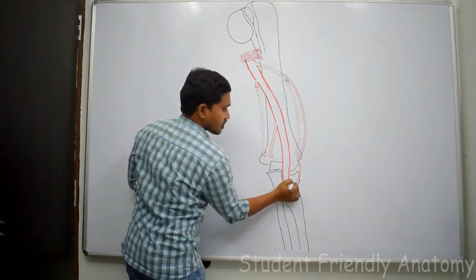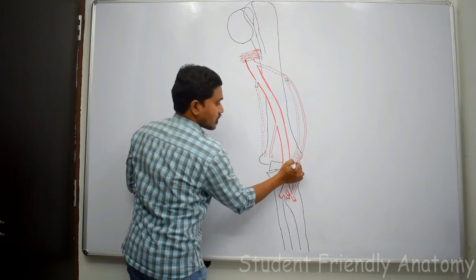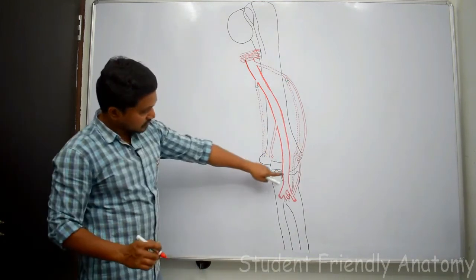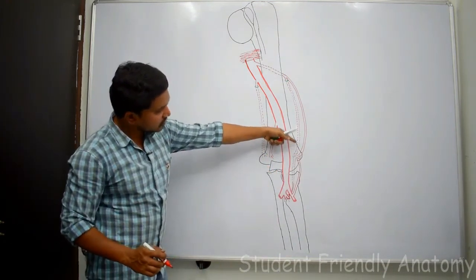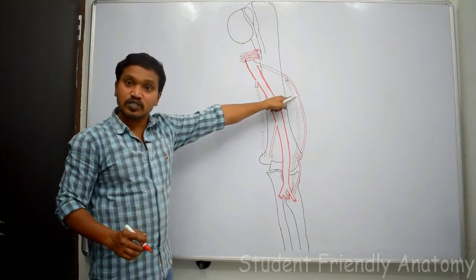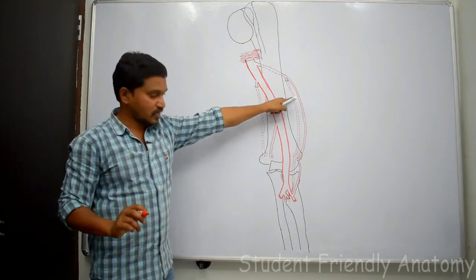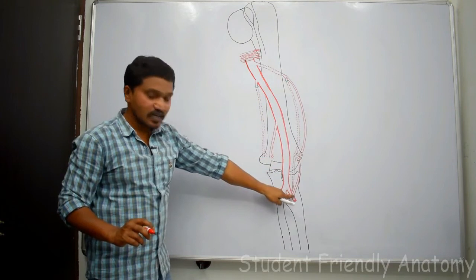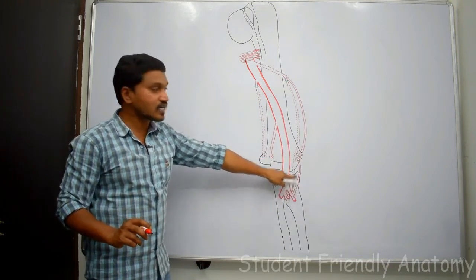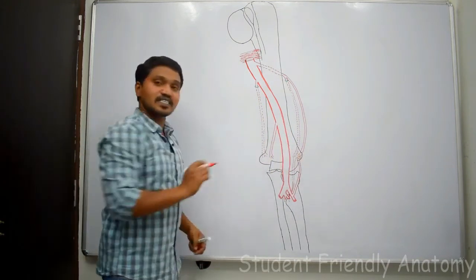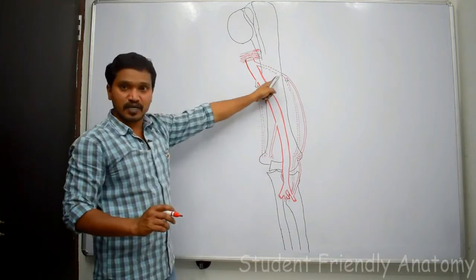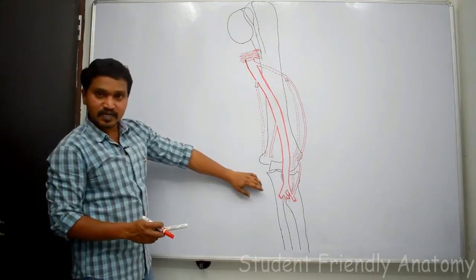Recurrent intraosseous artery, right? So this recurrent intraosseous artery is anastomosing with what? With the posterior descending branch of profunda brachii. And what is this? Radial recurrent. Radial recurrent anastomosing with what? Anterior descending branch of profunda brachii.